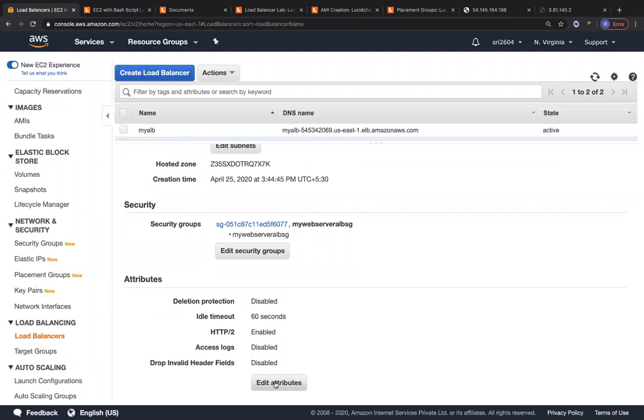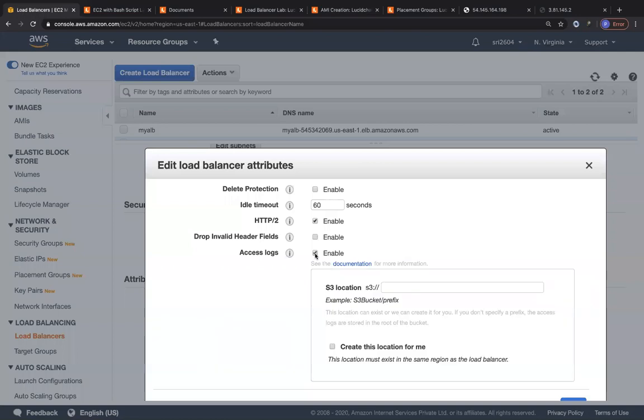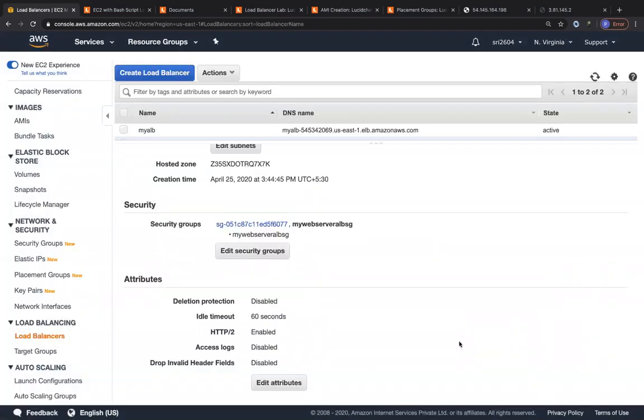And then over here you have something called access logs. This is something that I would like to mention. Access logs let you store the logs generated when people request this load balancer, when they do an HTTP request, like the IP address of the source, which port or device they accessed from, which protocol they used, what the source IP, destination IP, source port, and destination port were. You can monitor all of those details for your end user, it's called access logs, and you can send it to an S3 bucket. So that's also possible. This is one setting for a load balancer.